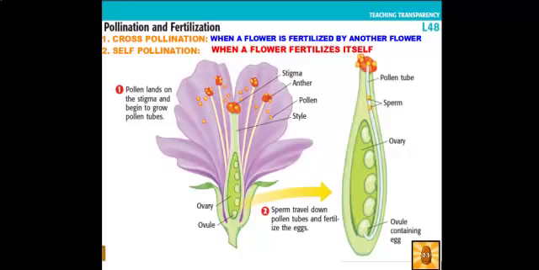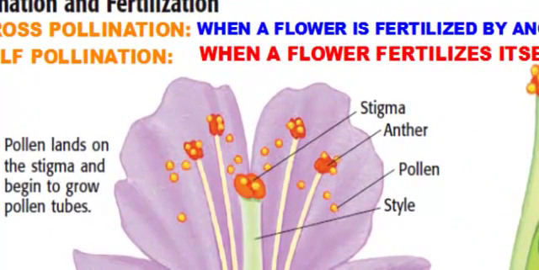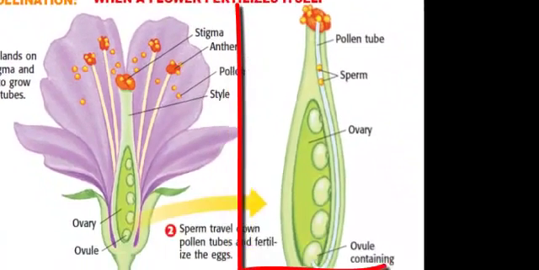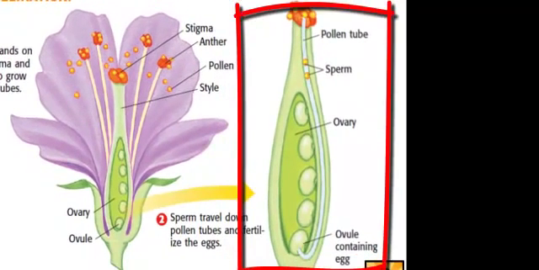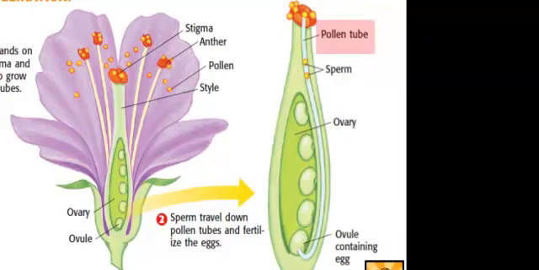Now what basically happens during pollination is, if you take a look at the anther here and the pollen grains, the pollen is dispersed or knocked off or transported from the anther to the stigma. And as we said here at the top, the stigma is collecting and holding onto the pollen. Now if we take a look at the right, the close-up image of the pistil, we'll notice that the pollen on the stigma releases the sperm and then starts to create a pollen tube all the way down into